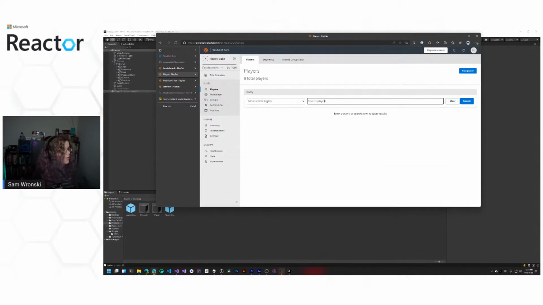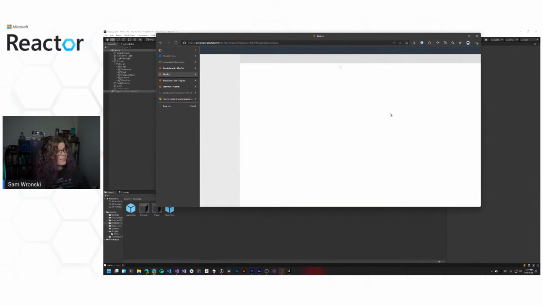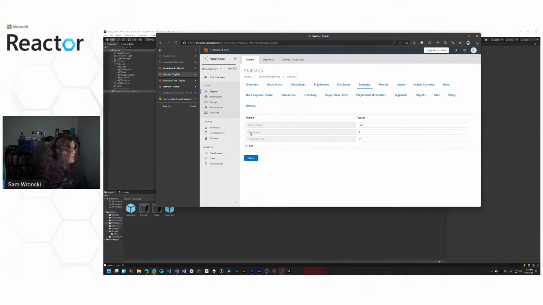And let's search for test. This is our test user. If we go under statistics, we should see, so we have high score, which is 4, which is good. It means we didn't override our high score by submitting 0 and updating 0. We're taking the maximum value, the highest value among all of them. So we end up with a high score of 4.